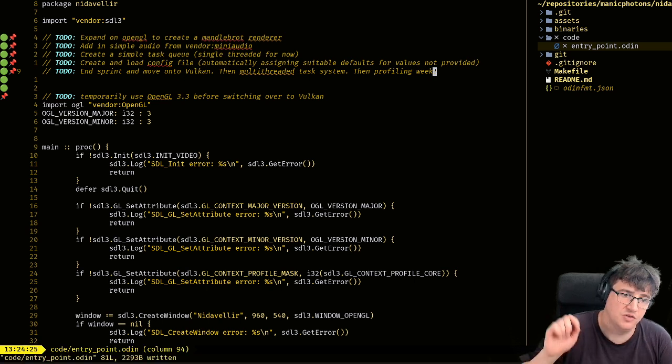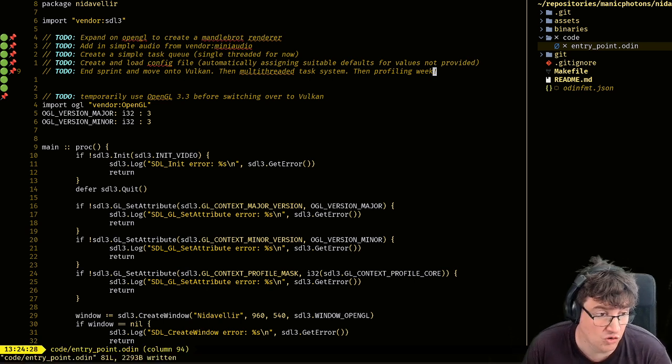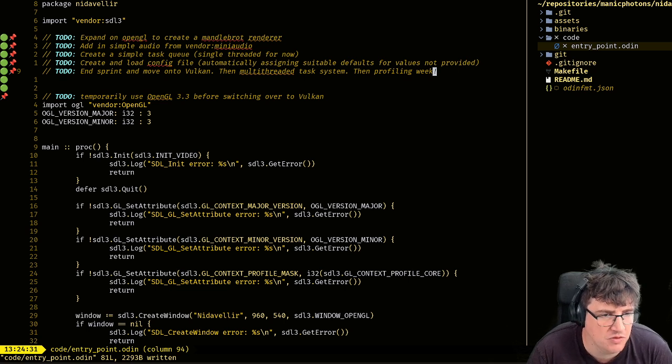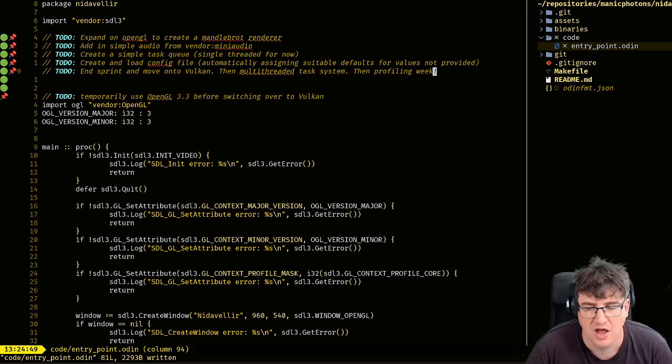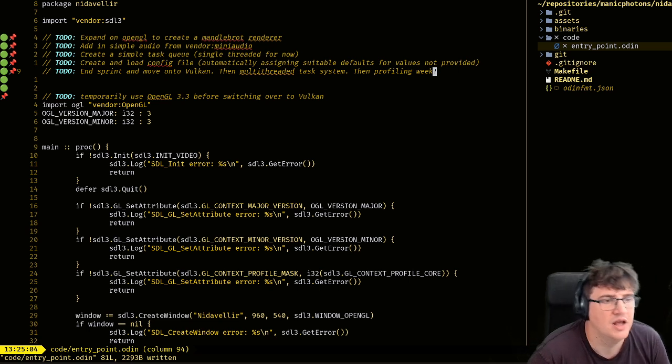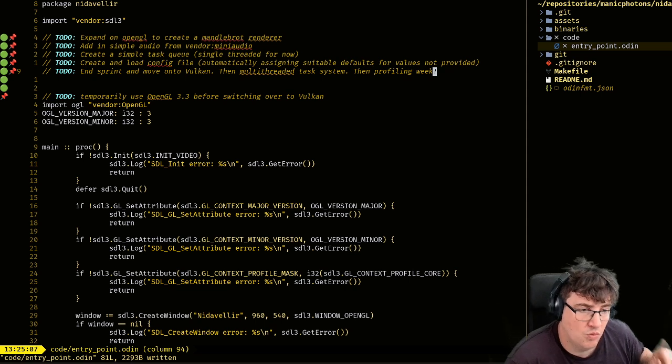And that's where I really want to get to, is profiling week, so I can teach you all how you should be using profilers, what's the sort of data you're collecting, what is throughput, what is latency, when you're using a multi-threaded system, what does that mean in those contexts? When might you want to split a task that runs over an array of objects into several tasks running over that array, with task 1 running over index 0 through to index x, and task 2 running from index x to index y, and task 3 running from index y to index z, and so on. How would you split that up? Why would you split that up?